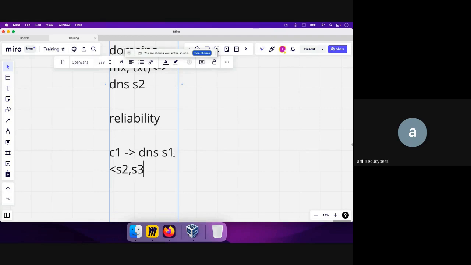The reason for that is, for example, if due to some misconfiguration this server went down, then the users behind computer one can still get the IP address of facebook.com from other DNS servers, like server 2 and server 3. So if the owner of that website, let's say facebook.com, has planned to make their website reliable,